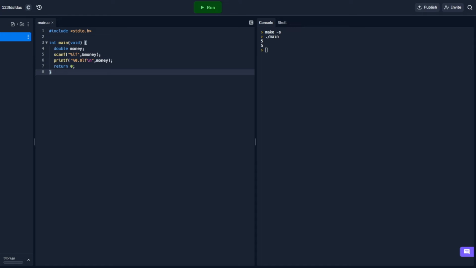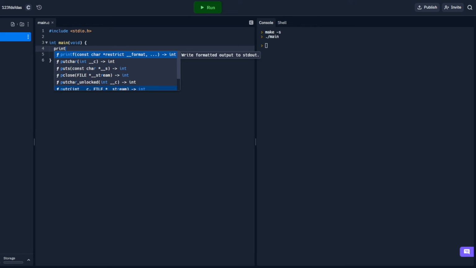So those are some of the basics you need to know straight away to understand how C works. Other than int, float, and double, which save numbers, there's also char, which saves a letter, which can also be used to save strings, but that will be covered in a later episode. In addition, there's also something that was displayed right at the start, which I'm going to quickly retype, printf,